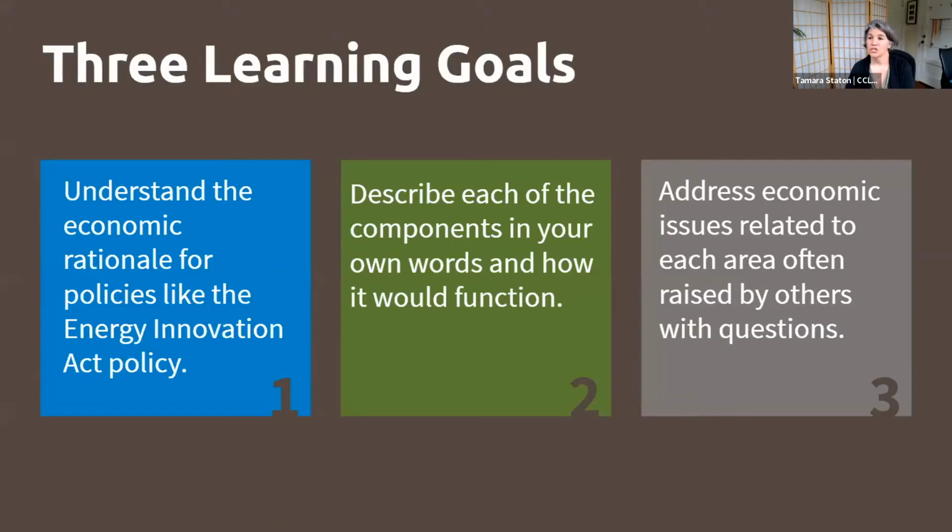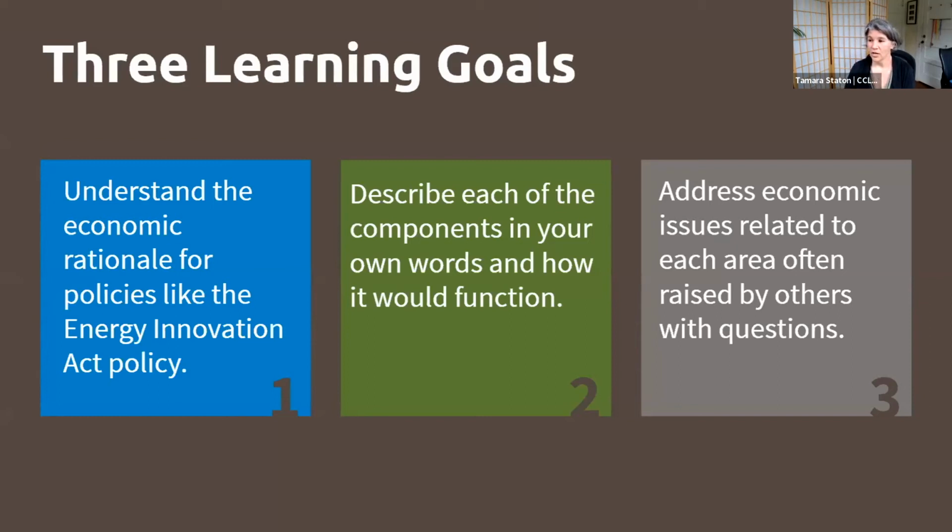And now I'm going to jump into our 3 learning goals for this evening. If we've done our job, then at the end of the evening you will, number 1, understand the rationale for the 3 legs of CCL's flagship carbon fee and dividend policy.